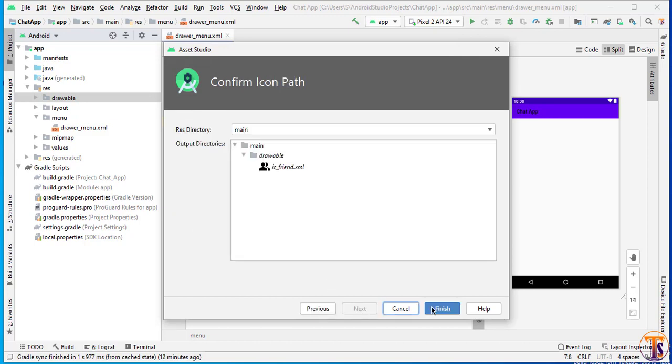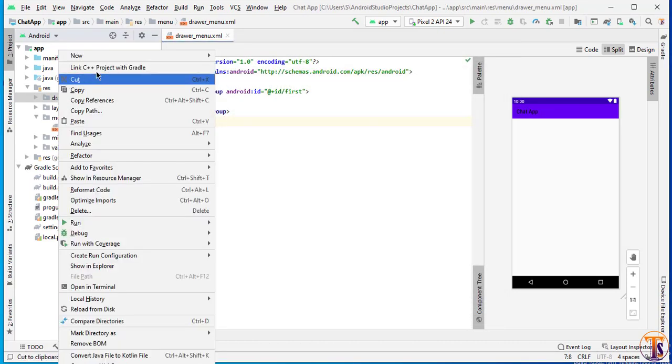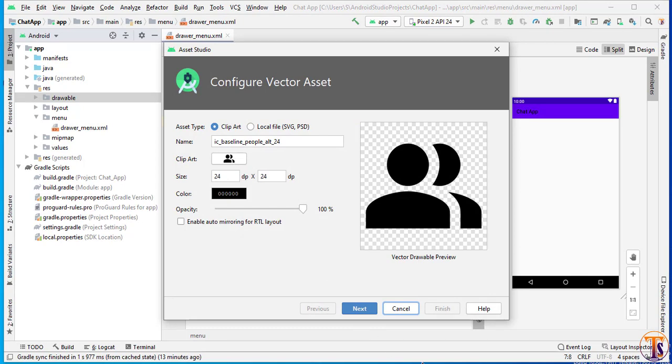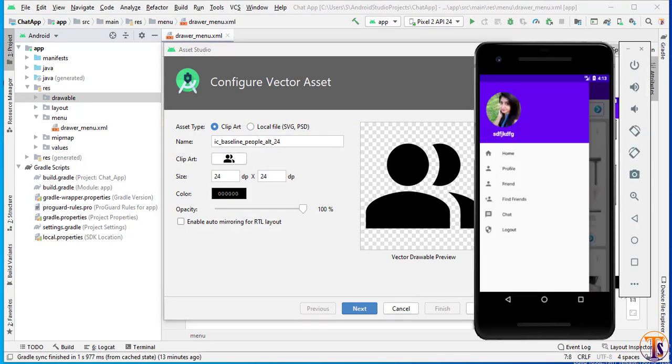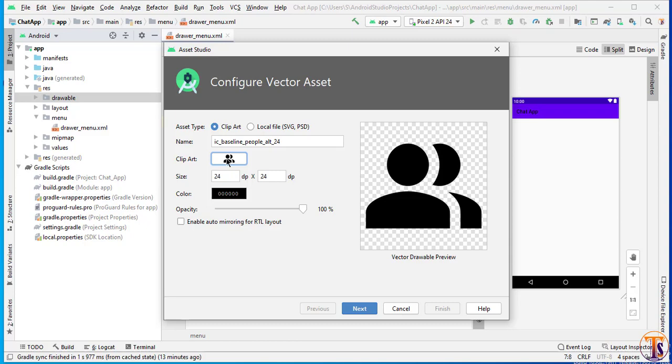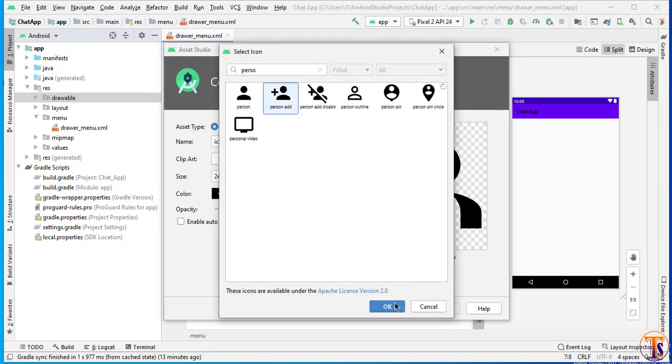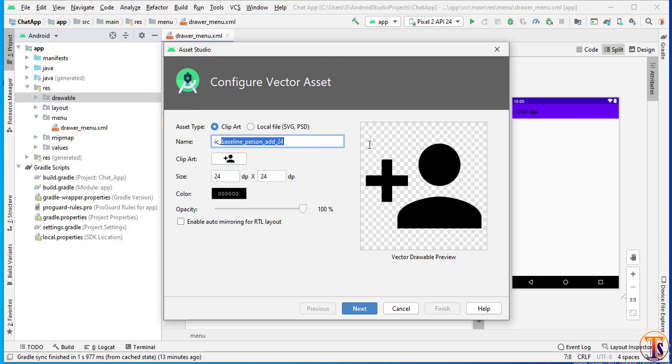Next and finish. Again vector asset, and this one is find friend.